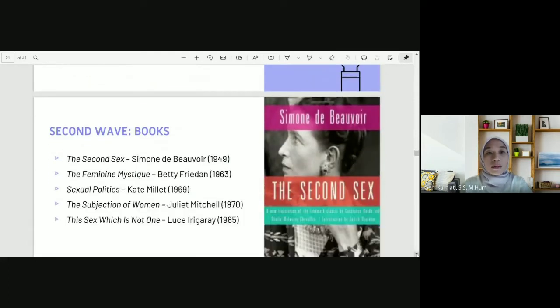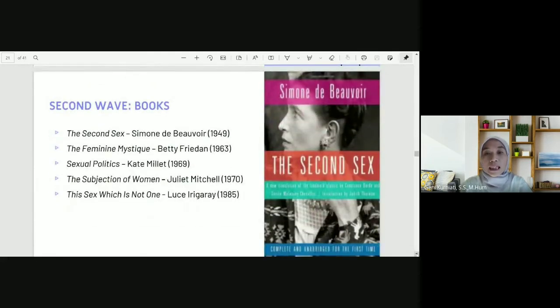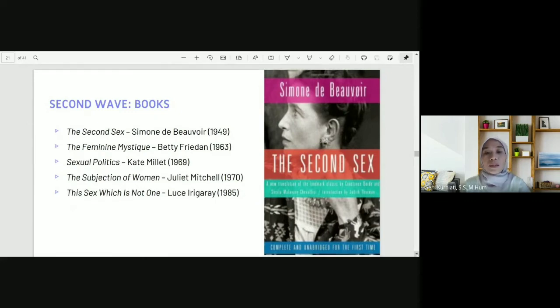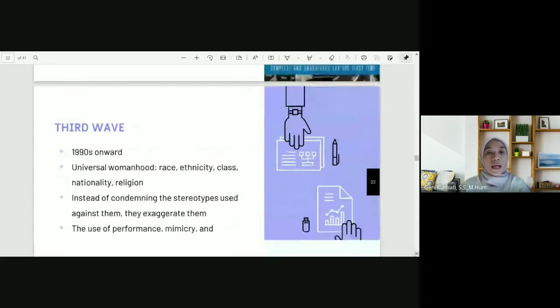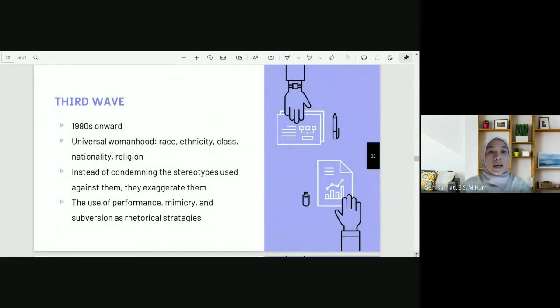Okay, and the second wave books that you can read to understand this period: The Second Sex by Simone de Beauvoir, and then The Feminine Mystique by Betty Friedan, Sexual Politics, The Subjection of Women, and This Sex Which Is Not One. Okay, and the third wave, the time period is